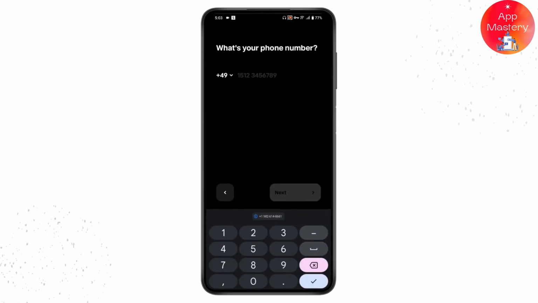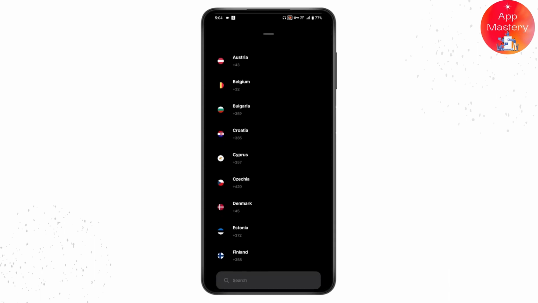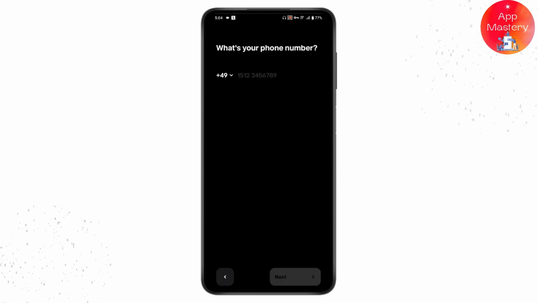Once you've opened it, you need to simply go for login, which is on the bottom left, to log into your account. So to log into your account, you need to enter your phone number with your country code. So simply go for the drop down bar and then you can choose your country code. Once you've chosen the country code, you need to enter your phone number or your mobile number and then tap